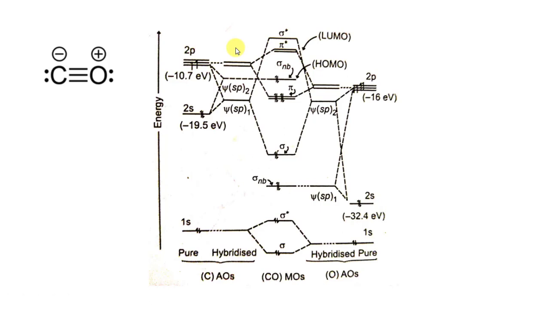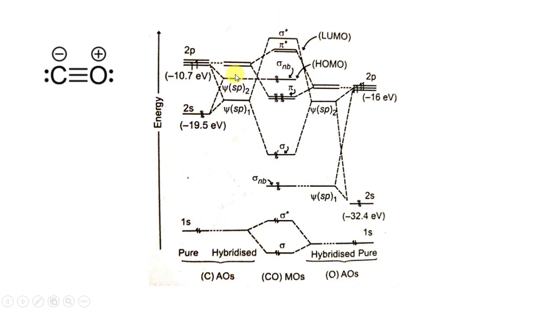Hybrid orbitals with comparable energy will overlap. There is no comparable energy present for sp1 of oxygen, so it comes as a non-bonding orbital in the final MO. Non-bonding represents a lone pair. For sp2 of carbon, similarly, there is no comparable energy hybrid orbital present, that's why this is also a non-bonding orbital which will come in the final MO diagram. sp1 of carbon and sp2 of oxygen will have comparable energy, that's why they will overlap to form one sigma bonding and sigma star anti-bonding orbital.